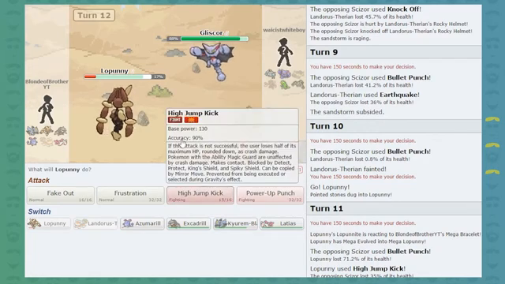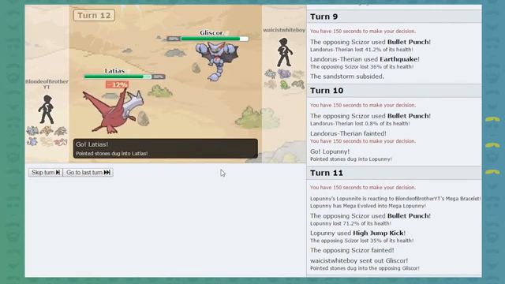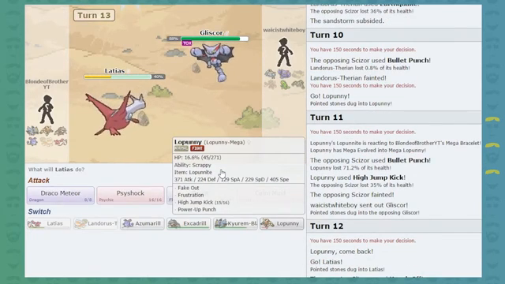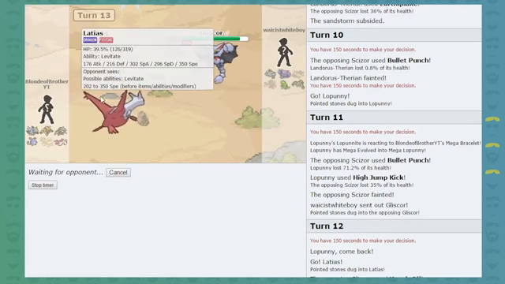You know, I kind of want Healing Wish on this Latias. I think it might be better than Calm Mind. I might change that after this battle. I'm going to go into Latias. And he is Knockoff, which is something I didn't expect, actually, because I saw that his Scizor was Knockoff, so that's kind of weird. I thought it'd actually just be a Toxic Orb variant, but...